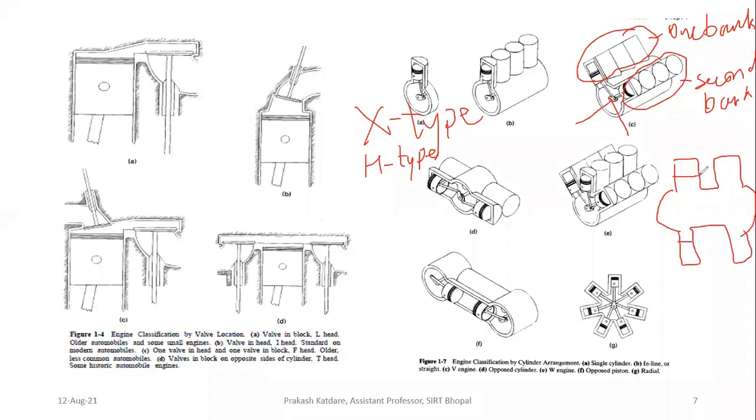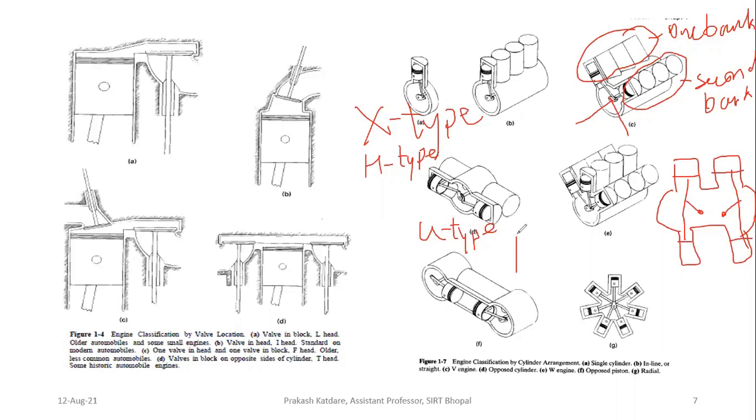Here we have opposite cylinder engines connected by one camshaft, and then there will be two more connected by another camshaft. This type of engine is the H type of engine. Then, on the basis of this opposite piston type, we have a U type of IC engine.